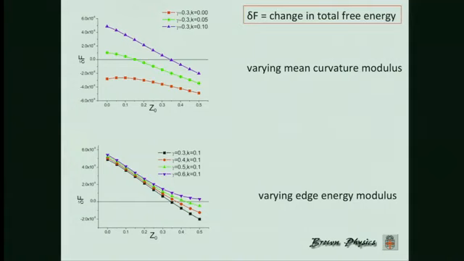And so what you see here in the top one, again for fixed edge energy, is that the mean curvature, not surprisingly, serves as a barrier to the formation of a twisted ribbon. If you just artificially switched off the mean curvature, said there's no penalty at all to having it, then given the structure that we've postulated, you would immediately have a negative free energy and the thing would form a ribbon. But then as you crank up the value of k, you will raise the critical value of